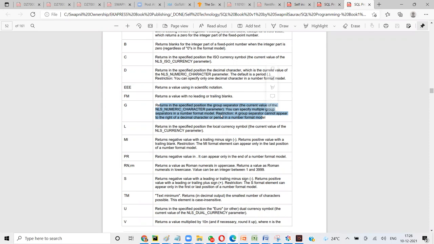Upward sign indicates center alignment. So that's how we can give the padding, fixed number there. So here also you can give.